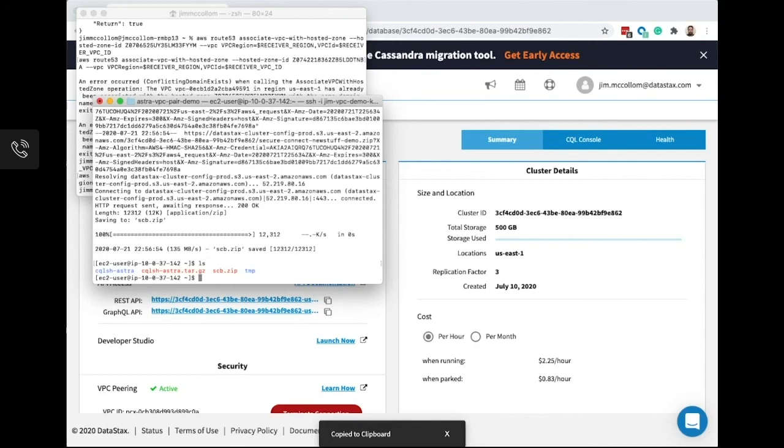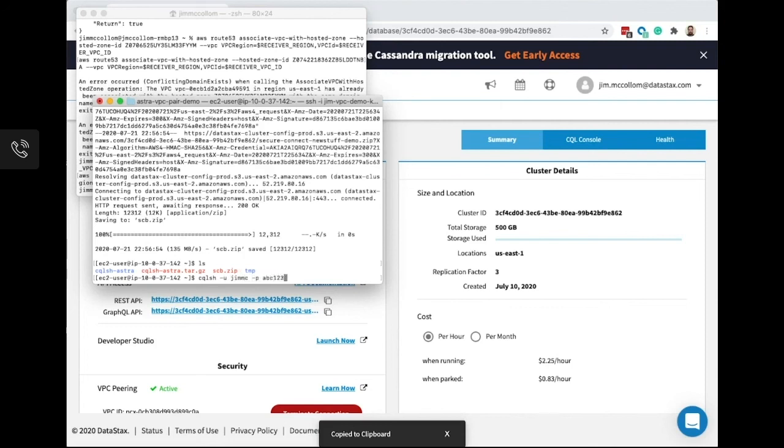So now I have that. You can see it there. I've also installed on this instance. This is an instance running inside of the peered VPC. So until now, it had no access back. So we're going to run CQLSH, which I installed before the demo. Just set up the username.